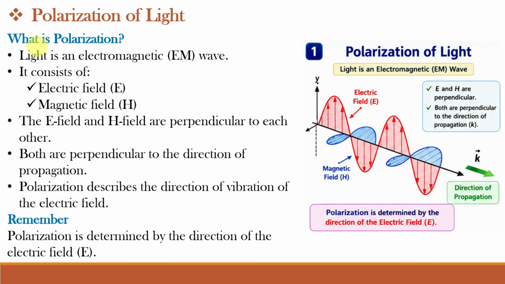See, polarization is one of the important properties of light. Light consists of two mutually perpendicular fields, the electric field represented by E and the magnetic field represented by H. Both these fields are also perpendicular to the direction in which the light travels, that is the direction of propagation. Although both the fields are important, polarization is defined using the electric field because it interacts more strongly with optical materials and devices. If the electric field vibrates in one fixed direction or plane, the light is said to be